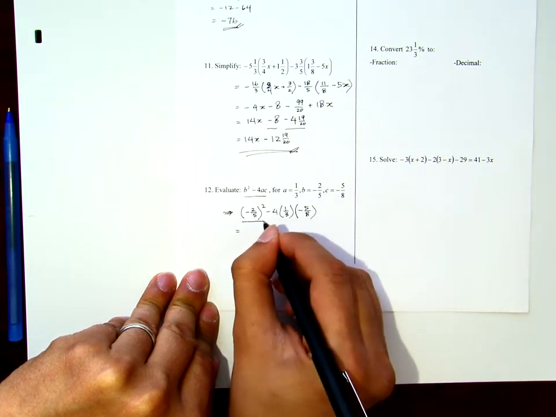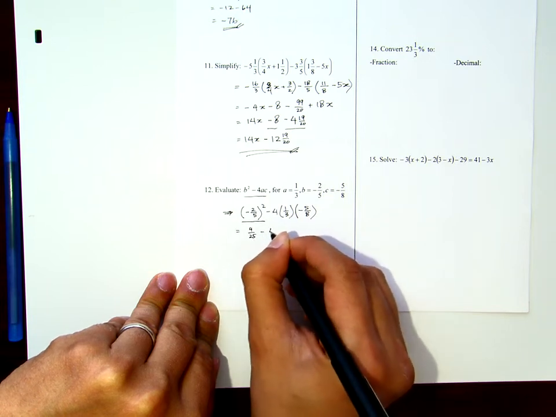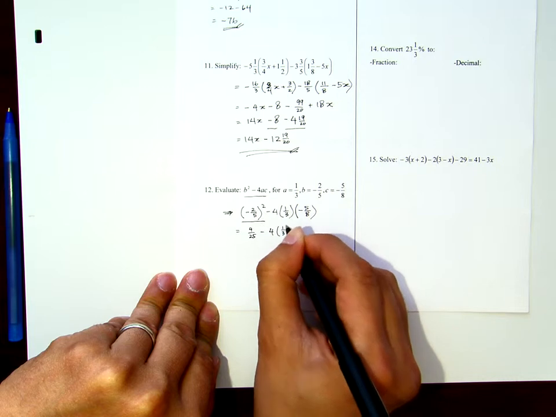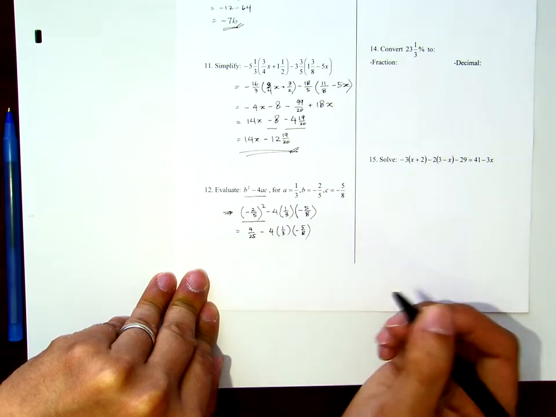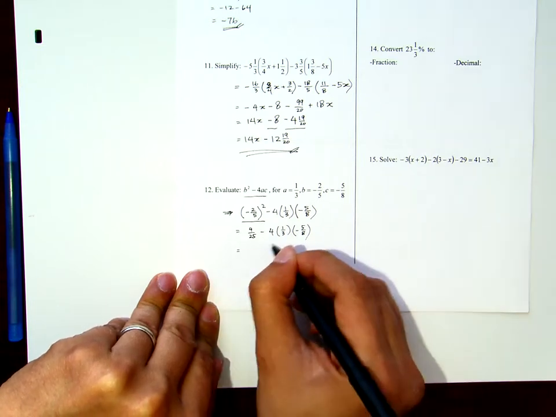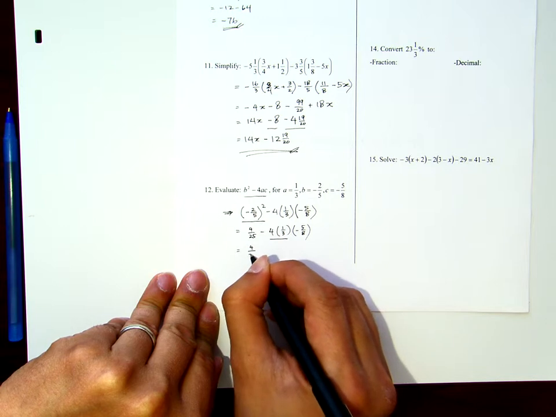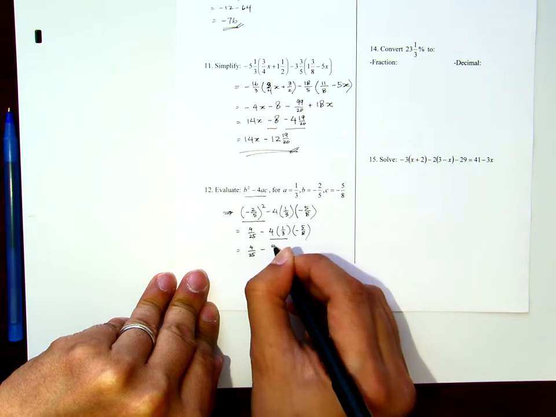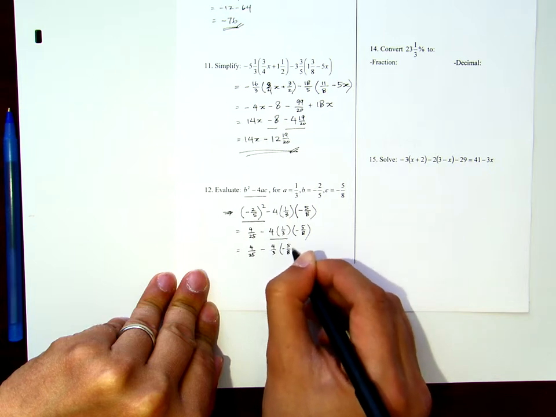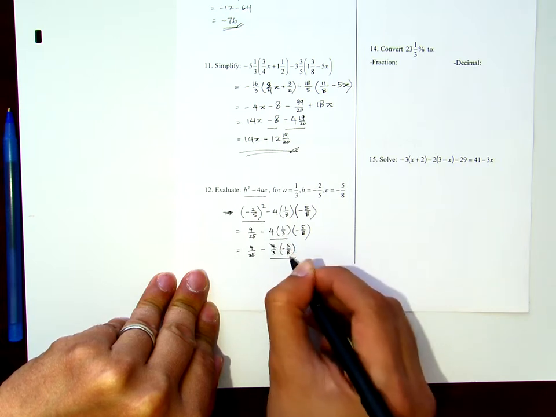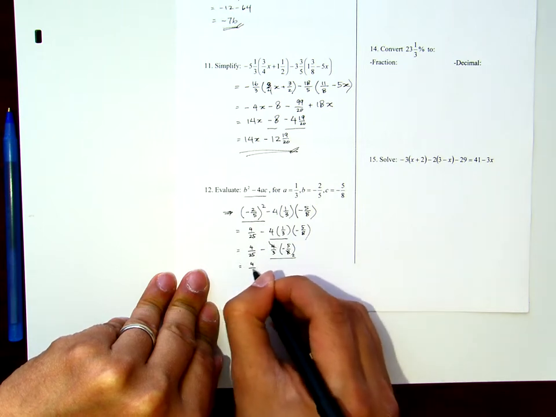Then from here I follow the order of operations. This is 4 over 25 minus 4, and then I do the multiplication from left to right. I will multiply, cross cancel first. Now I get 4 over 25